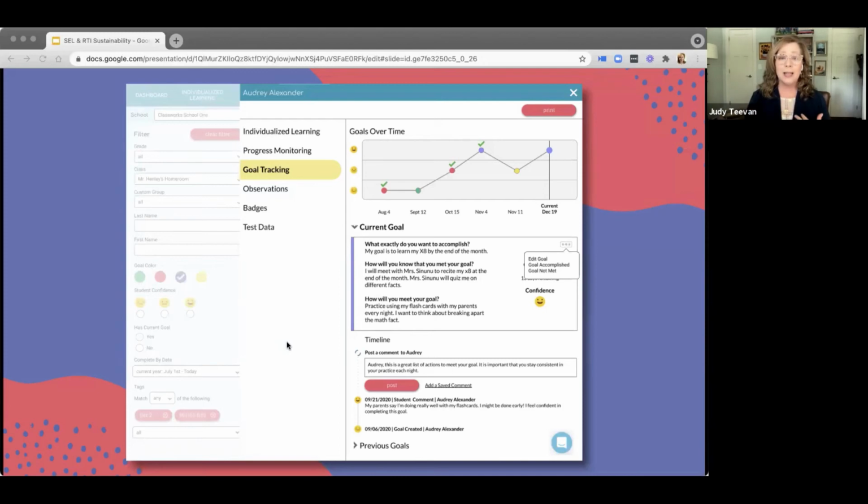A two-way conversation path through a product like Classworks Goal Tracker really better invites students into the conversation of learning. Then it's super important that the student goals and progress on their goals is available as part of that problem-solving team meeting. Like we said earlier, this brings all of the cognitive and non-cognitive information about the student into one place to really make an important data-driven decision about the student.